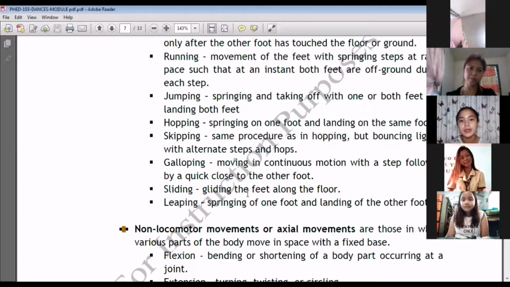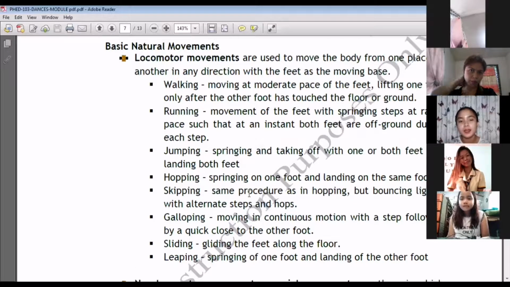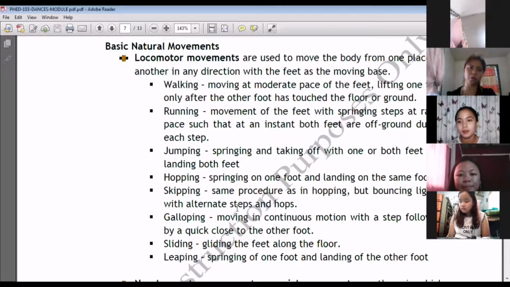Locomotor is a movement that can move from one place to another, while non-locomotor is body movement without travel. No change of position. I mean, no change of